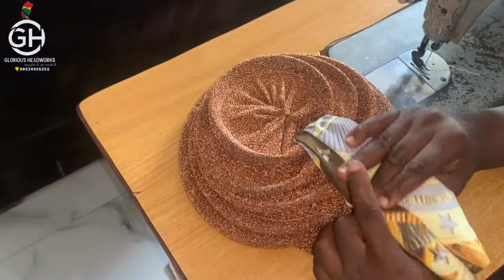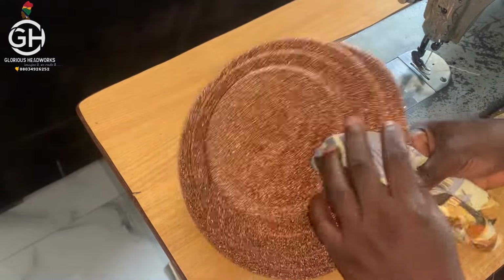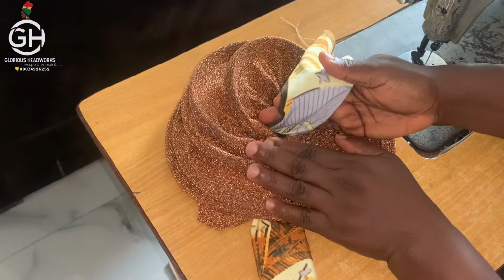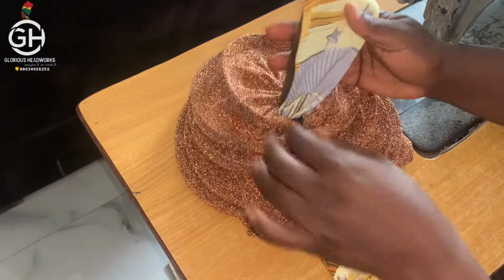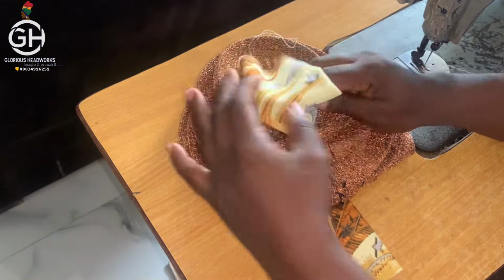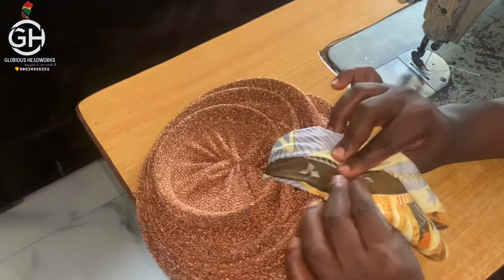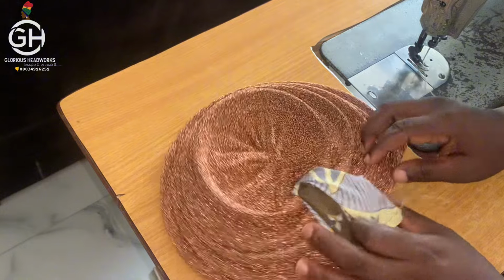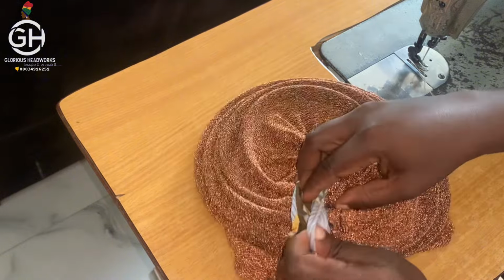So now I'll take it to my sewing machine and stitch them together. The purpose for this is to cover up this place. So that is why I said you can make it wider than 6 inches so that it will cover it very well. I'll stitch it down and come back to show us what to do. So this is it. I cut off the excess. So we now turn it